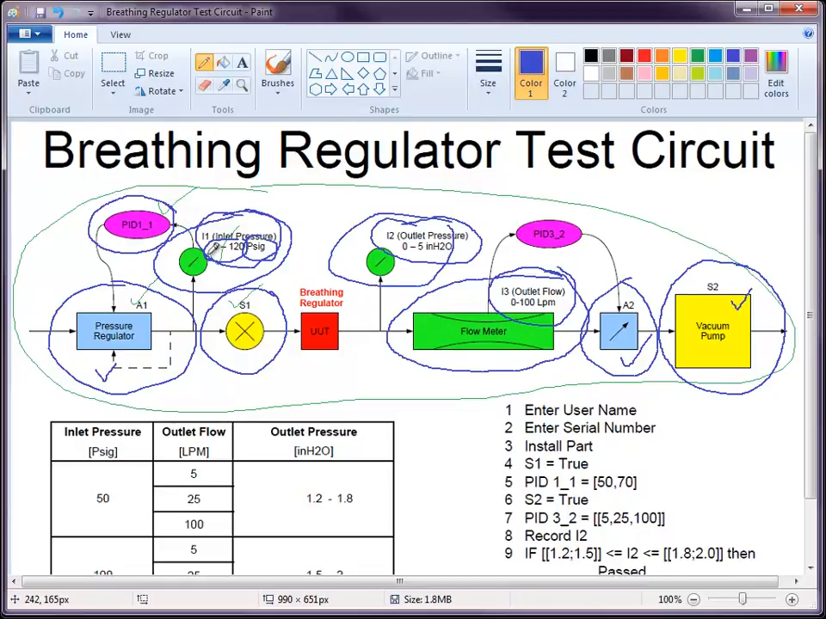Our PIDs are going to link our instrument to a particular actuator. So in this case, for PID 1_1, we're going to wire instrument 1 to this PID, and then wire actuator 1 to this PID also. And then we'll be able to specify a set point. For instance, for PID 1_1, say we want to set an inlet pressure of 50 psig,